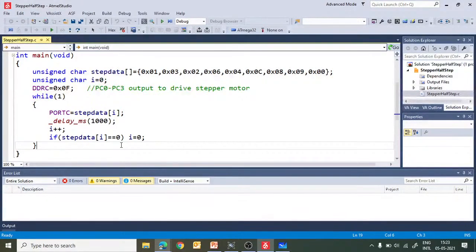But if you want to drive the motor in half step mode, you have to send a total of 8 sequences, that is 1, 3, 2, 6, 4, C, 8, 9, and at last this 0 just indicates that your array stops here. Actually you do not have to send this 0 to the stepper motor. So only these 8 sequences you have to send.